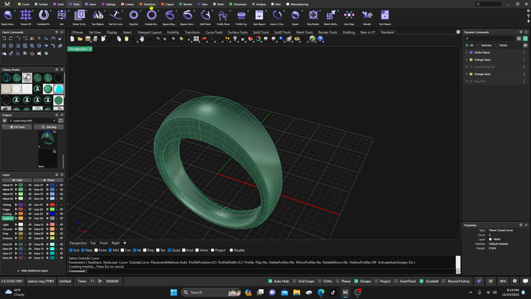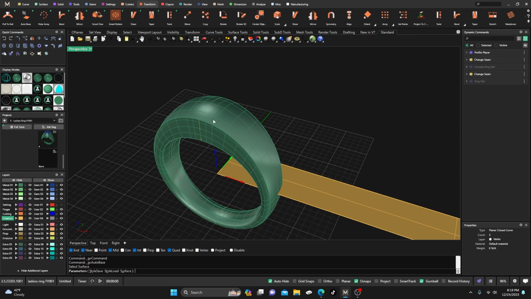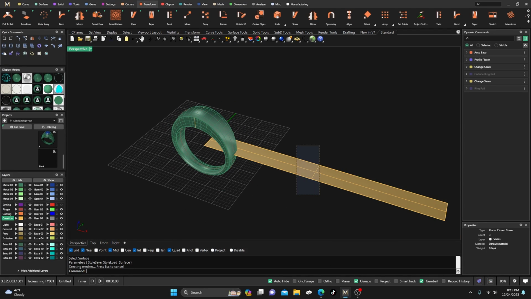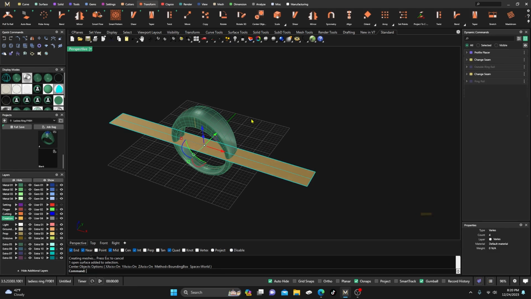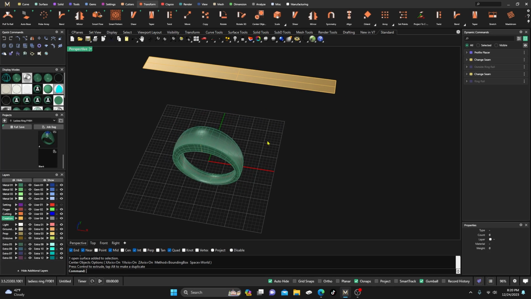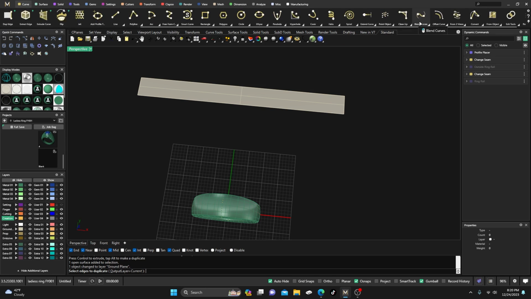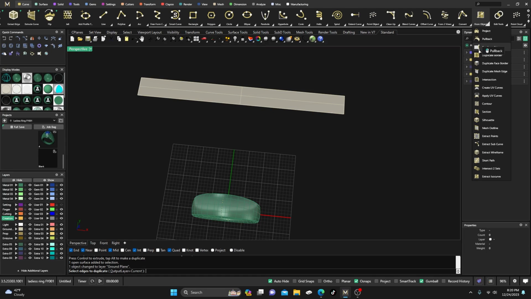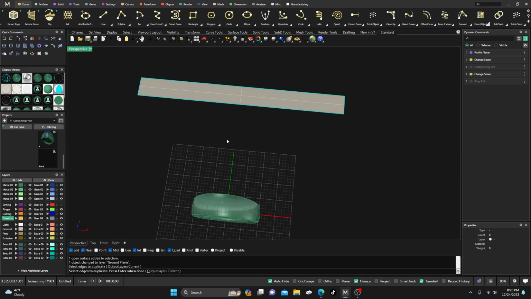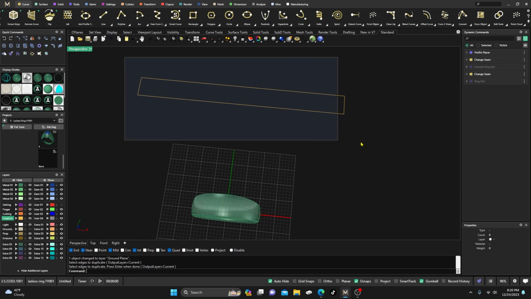And then we'll go to transform, auto base, select our surface, there it is, hit enter, select our surface, take it to the center, enter, drag it up, change it to our ground plane there, and then we'll go ahead and dupe border. This is located, just dupe borders is located down here in from object right here, duplicate border, duplicate edge. I'll just select all those edges there, hit enter, take that and hide it,